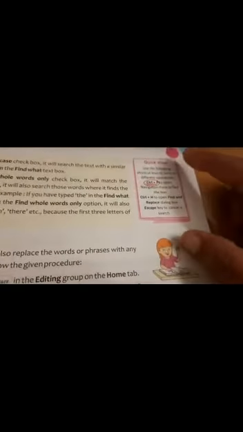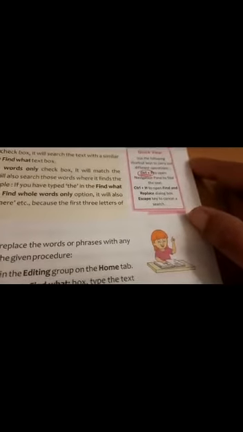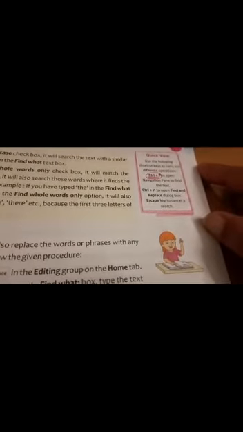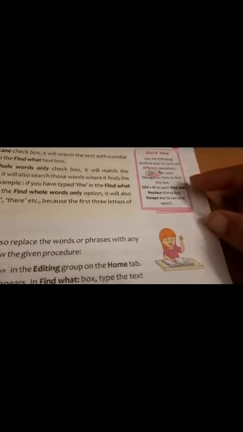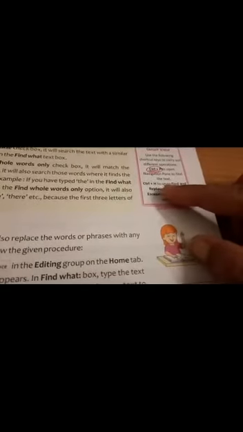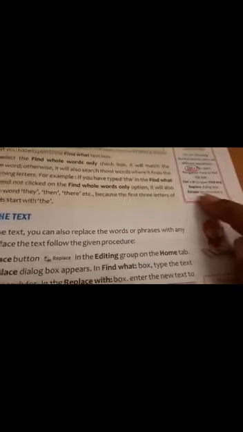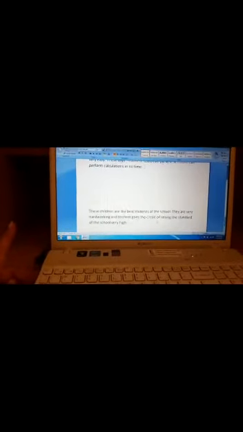Let us have a quick glance over the quick view. It says to use the following shortcut keys to carry out different operations. Ctrl plus F is used to open the navigation pane to find the text, and Ctrl plus H is to open the find and replace dialog box. Now I will press Ctrl and H and you see that the dialog box opens. So this is the shortcut key. After that, the escape key is used to cancel the search. Now if I press this escape key, you can see this search will get cancelled, right?